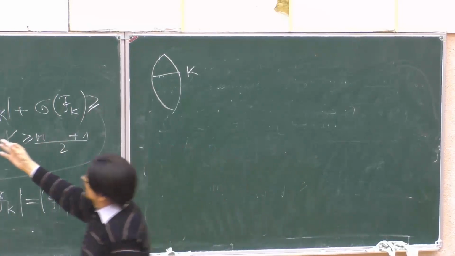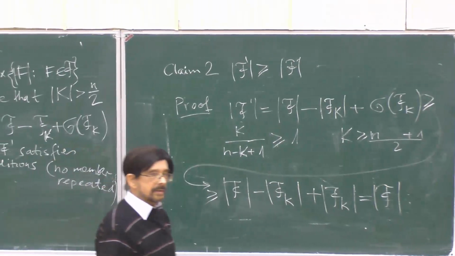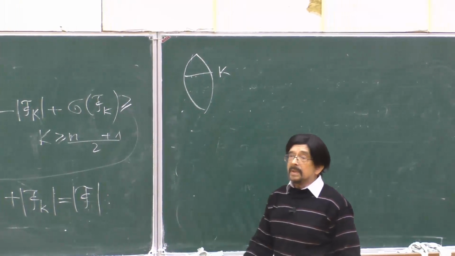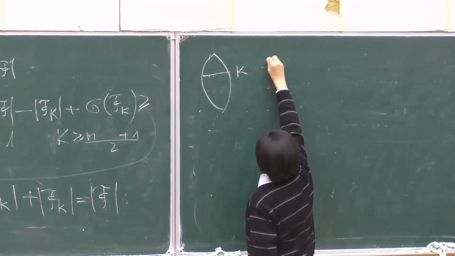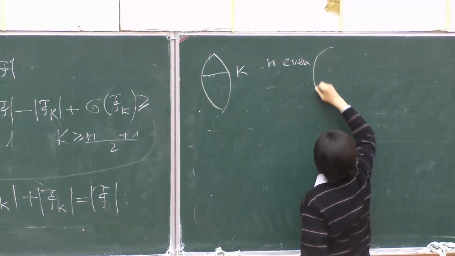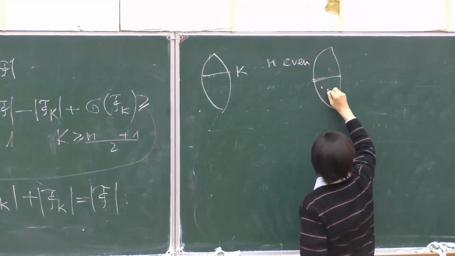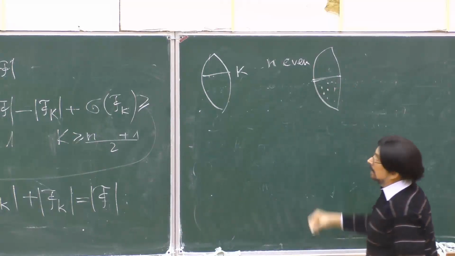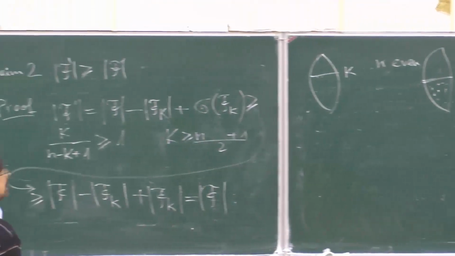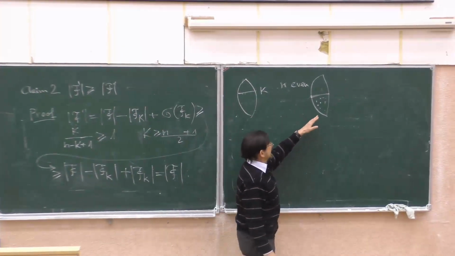We obtained at least this big another family satisfying the conditions. So we can repeat. If n is even, then we can push down everything to the middle. So we have a bigger or equal family satisfying the conditions, and